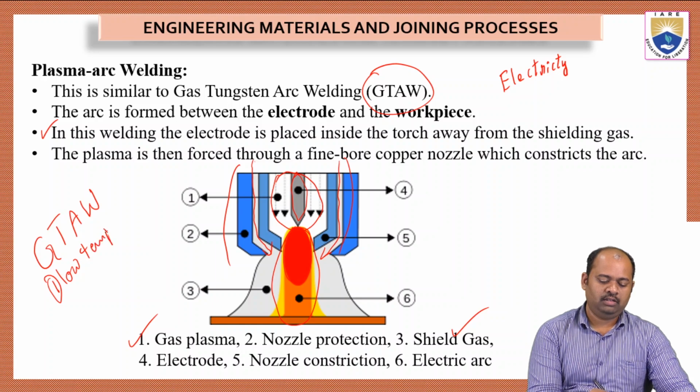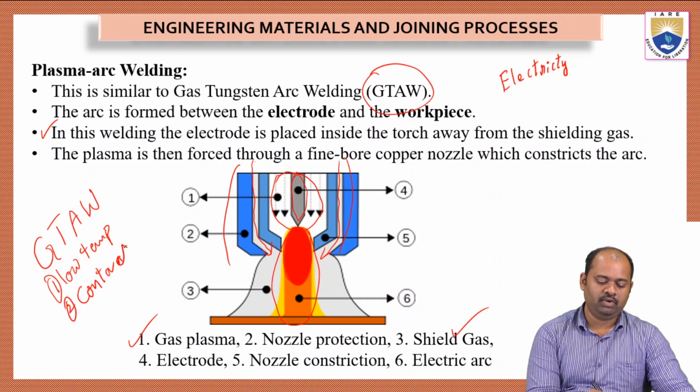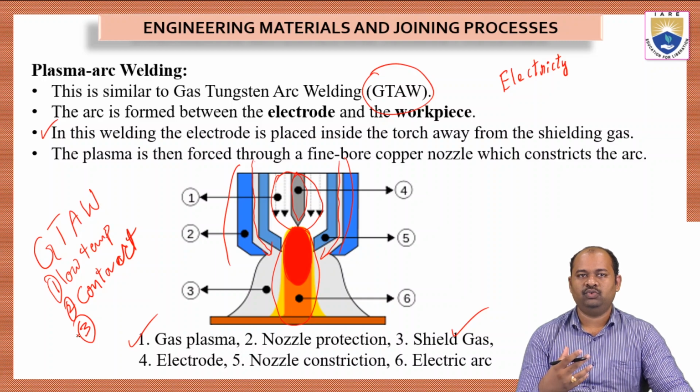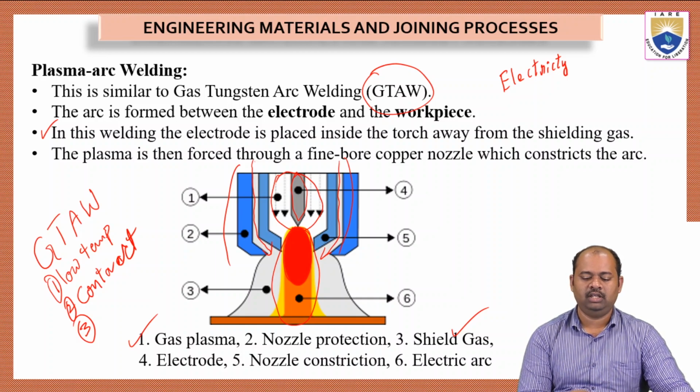And then second one is the electrode will come in contact with the shielding gases in case of GTAW. Here, the contact will not be there. And then third point is we can produce more temperatures. These are some of the shortcomings that we have seen in the GTAW, which have been rectified, and